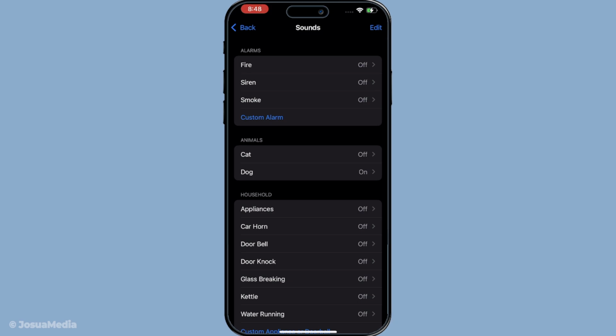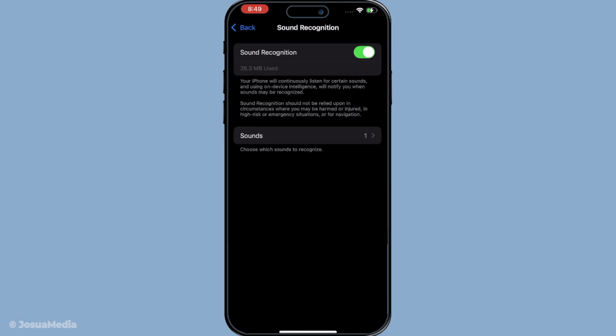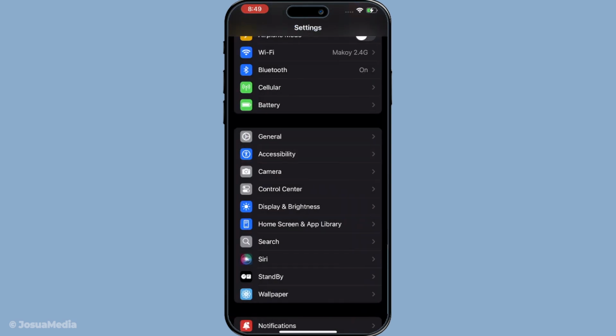Once that's done, I pause here for a moment just to make sure everything is set the way I want. There's nothing else I need to confirm, so I can stay on this screen or back out whenever I'm ready. Now I back out through the menus step by step, heading back toward the main screens, and that's really the